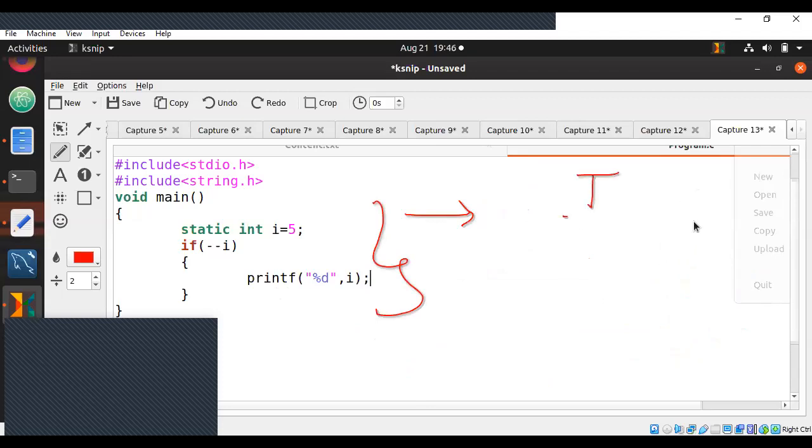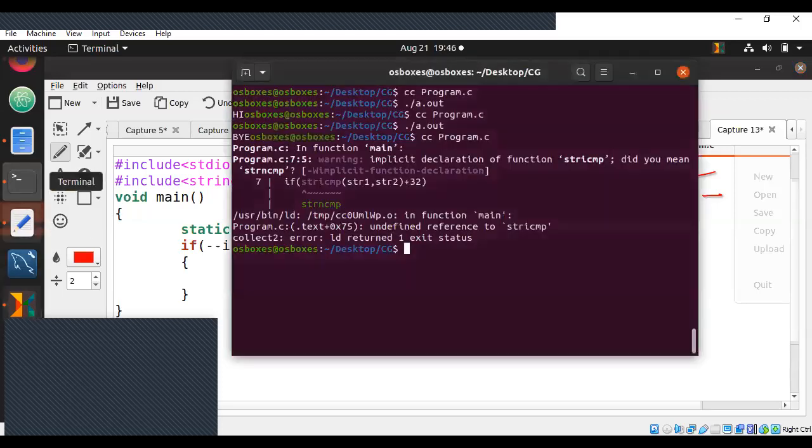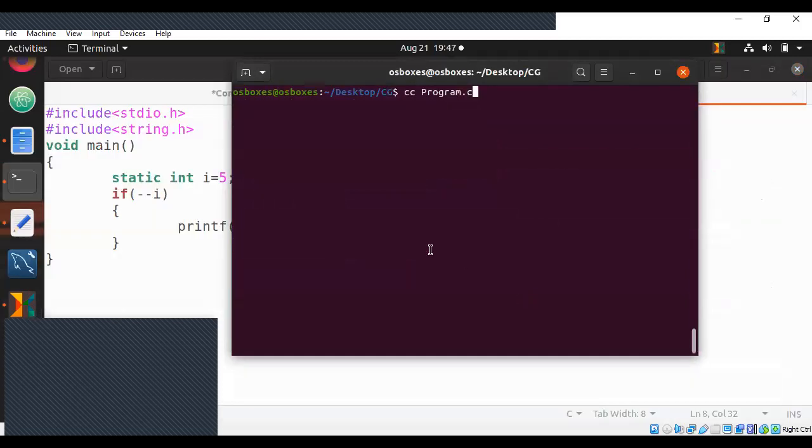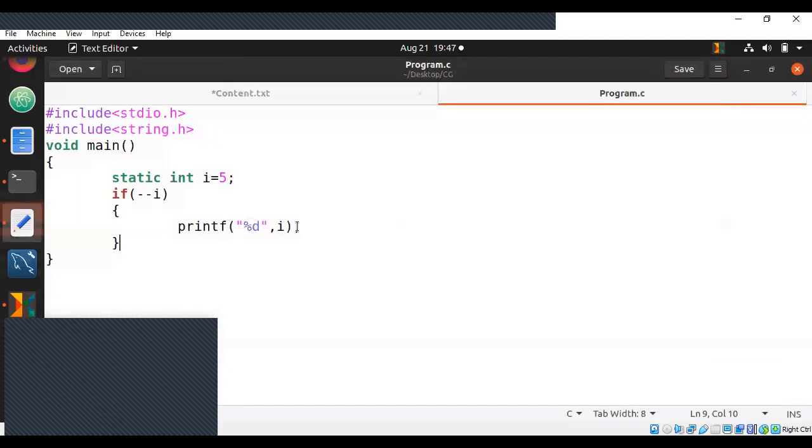I have one answer called infinite loop. I have one more answer that is 4. I'll just give you guys a few more seconds, maybe 5-10 seconds. Give it a try. So I have one more as 5. All right. So let us try this out. Condition is true, probably. If I compile it, execute it, it is printing exactly 4, not 5, 4. There is no error in it.